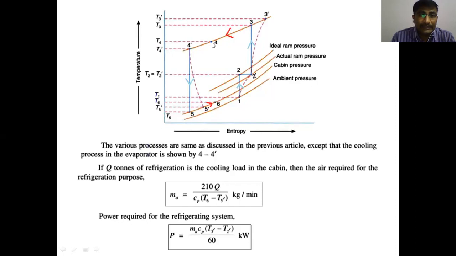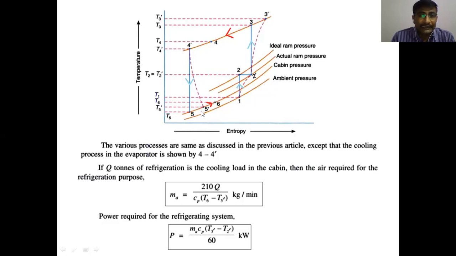This further cooling process is represented by 4 to 4 dash. But actually in the simple air cooling system, from 4 itself, the air is expanded. But in the simple air evaporative cooling system, a further cooling process takes place, and after further cooling, the expansion process occurs. Due to this air evaporator, the final temperature of air is called the DART, D-A-R-T. I explained earlier at the start of the chapter on air refrigeration systems that 5 dash is denoted as DART, the dry air rated temperature of turbine.